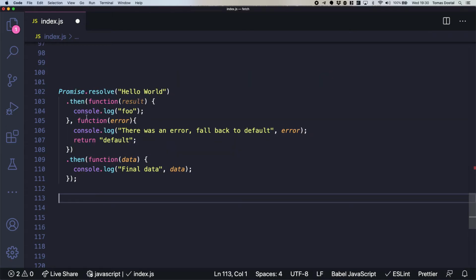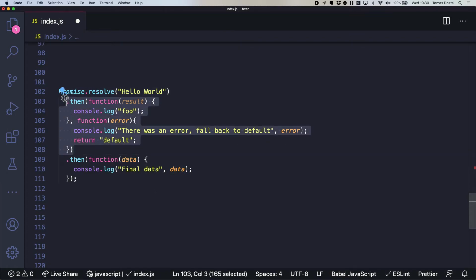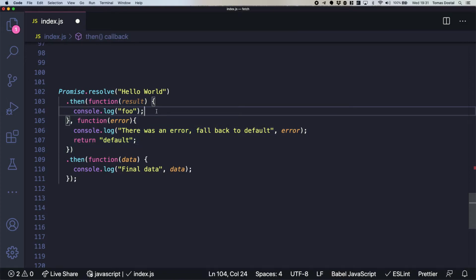And in here we're saying if everything before, so that means anything above this, was all successful, then I want to execute this function. And this function has a parameter data, and the data is whatever the result of this is. So data can return for us result and can return error, if we choose to. So in this case, when it's resolved,